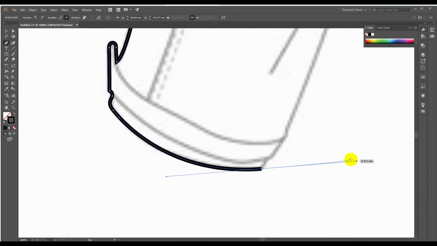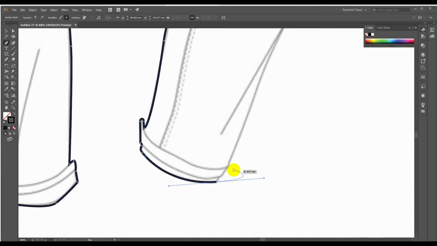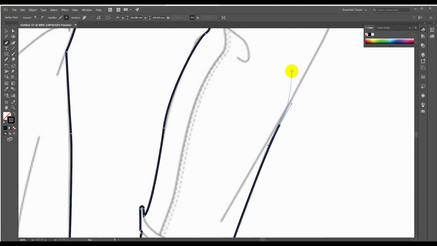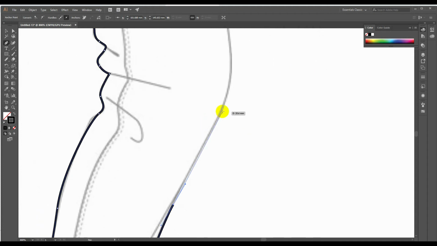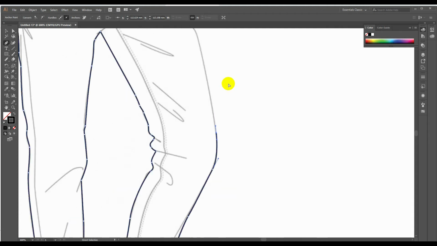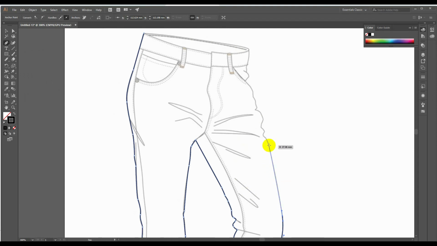From here to here I'll give a curve. Control minus for zoom out, control plus for zoom in. Here the same thing is happening again. So what I need to do is click on the last point, curve, curve, slight curve, straight line, curve. Control minus, because the area from here to here is almost straight, so we are going to click on the longer distance. So I am just going to click here, small curve, again small curve like this, curve, curve,